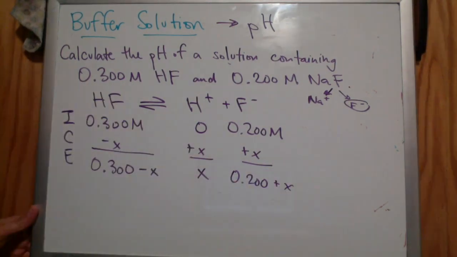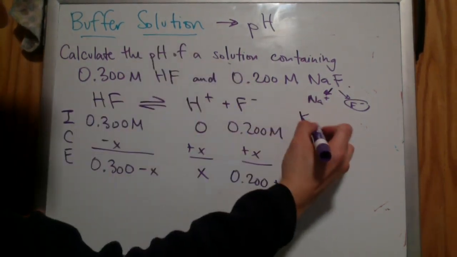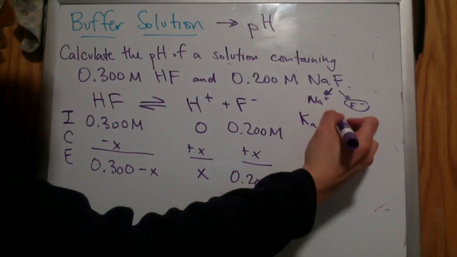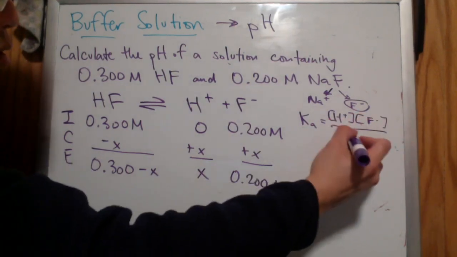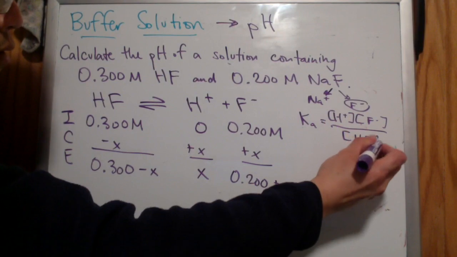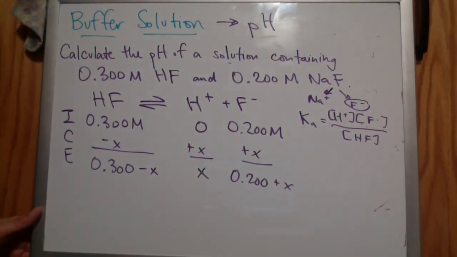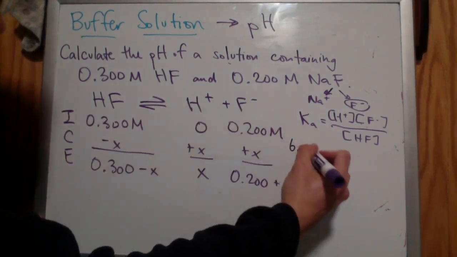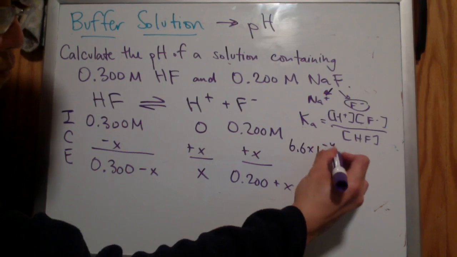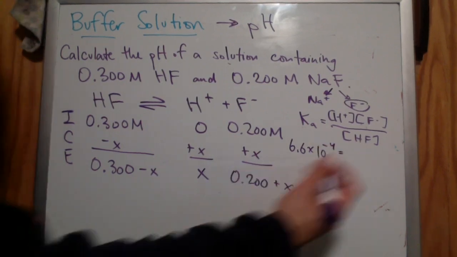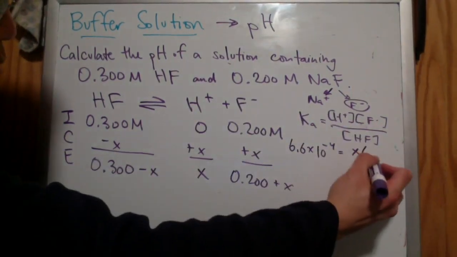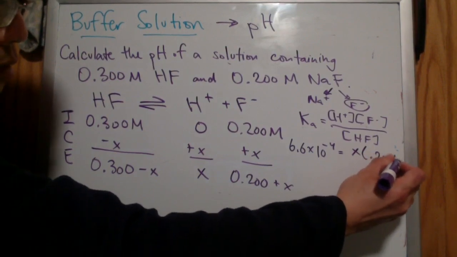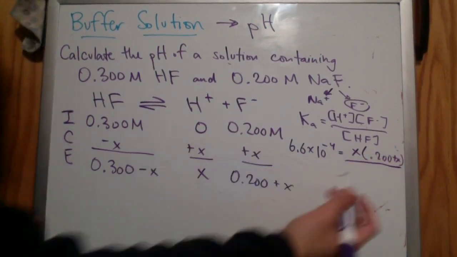All right, now all we have to do is set up the Ka expression, just like we've done before in the past. So we take the concentration of H plus times the concentration of F minus over the concentration of HF, and we plug and chug. So I looked up on the internet the Ka value of HF, which is 6.6 times 10 to the negative fourth, equals, and then we take the X for the H plus, and then for F minus we have 0.200 plus X over, and then for HF we have